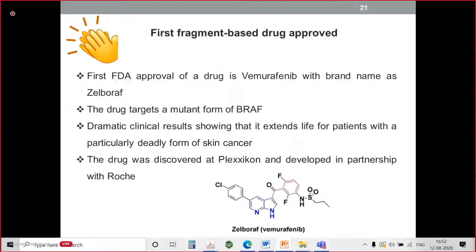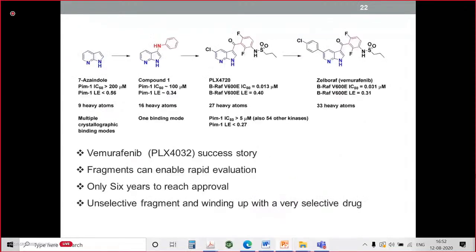It shows dramatic efficacy, particularly for a deadly form of skin cancer. This drug was developed by Plexxikon in partnership with Roche. Now this Plexxikon has been taken over by Daiichi Sankyo. The FDA approved this drug in 2011, and this interesting story started with an